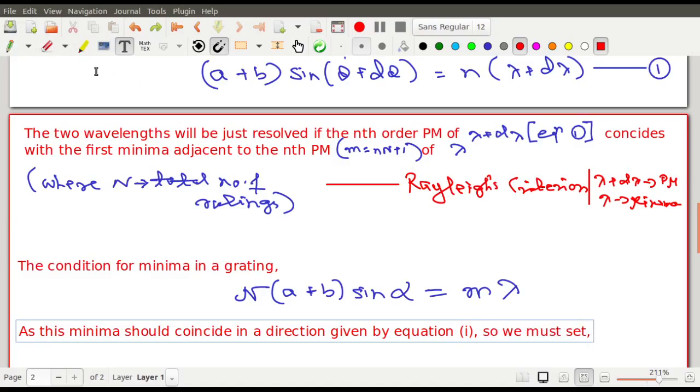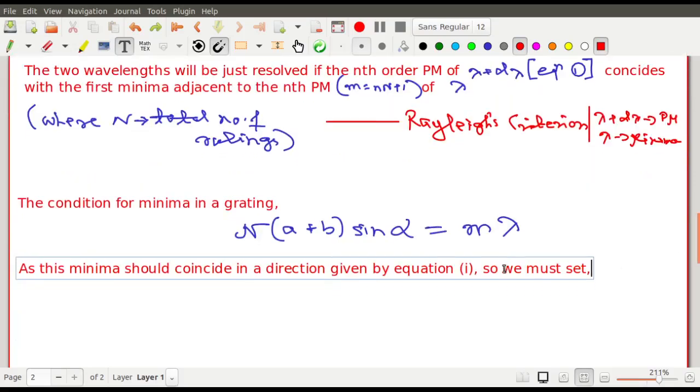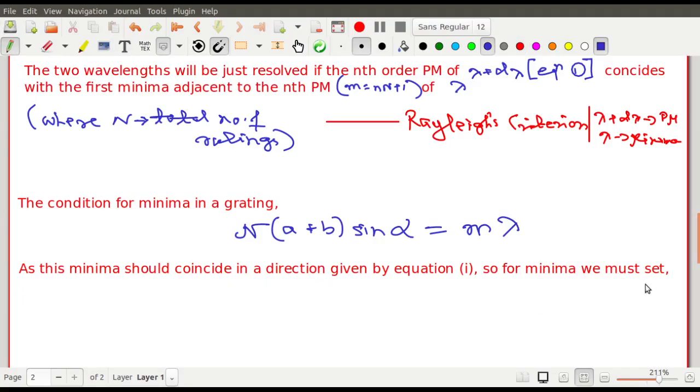So we must set, for minima actually, so for minima we must set, minima means the first minima adjacent to the nth principal maxima, we must set, so capital N a plus b